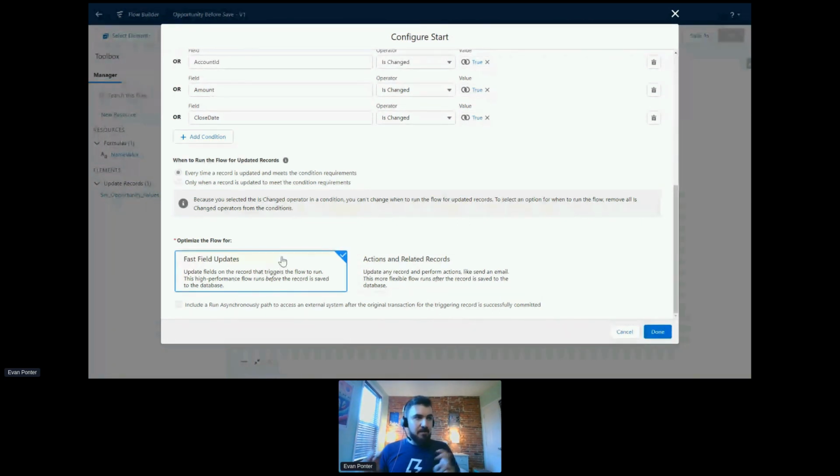This before save flow is called a fast field update. It's the way you optimize your flow when you're setting it up here in the Flow Builder. And it tells you this high performance flow runs before the record is saved to the database. And you can take advantage of this performance boost if you're doing something like updating a field on the triggering record. We want to use this type of flow anytime we have a same record update, and literally any other